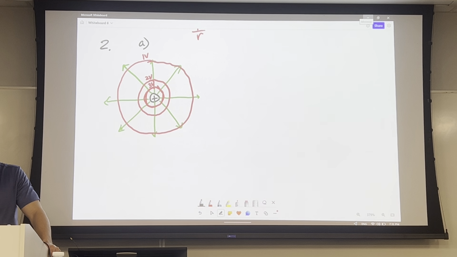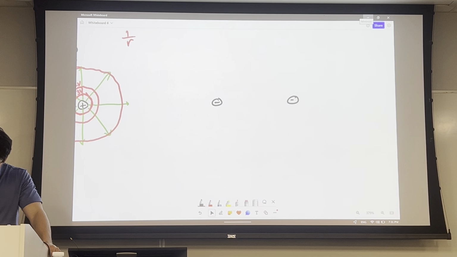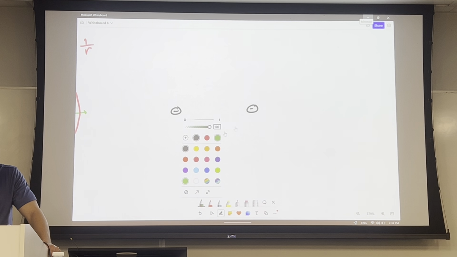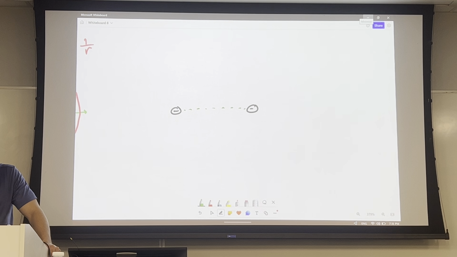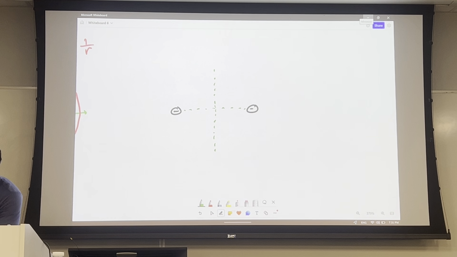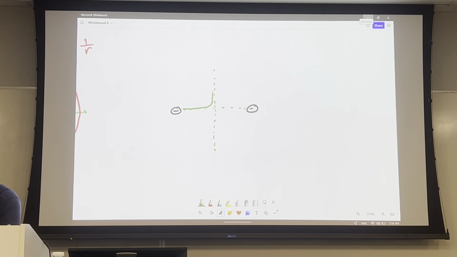Part 2, I ask you to draw equal potential lines between 2 negative charges. Well, let's begin by drawing the electric field lines. I want to make a line that connects the two as well as the halfway point. And the electric field lines are going to look like that. These are pointing towards